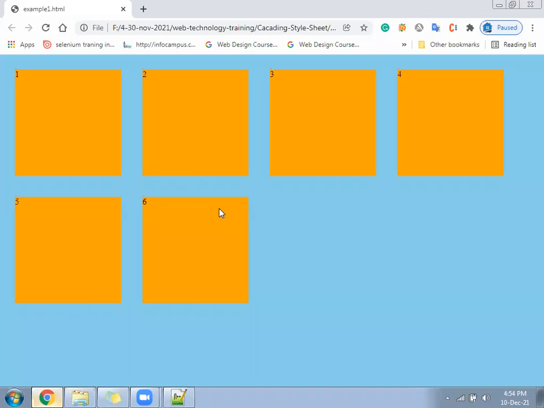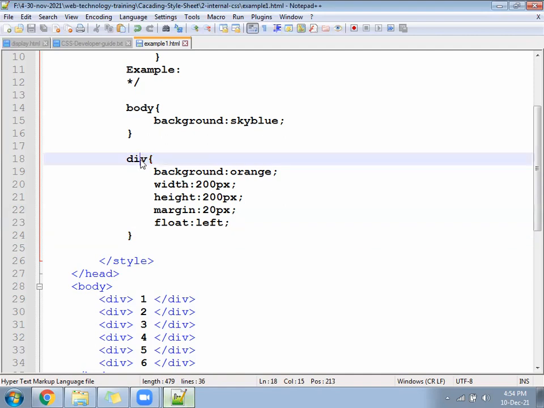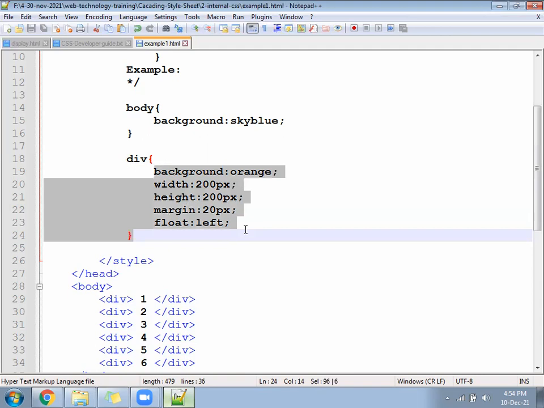Now to make one to many, we have certain rules and regulations. See here. You have written the division and for that you wrote something. Now in the current page, suppose 10 divisions are there, all divisions will look the same. We wanted the divisions to look different, but according to this code, all divisions will look the same. It will work, but it will not work according to our need.